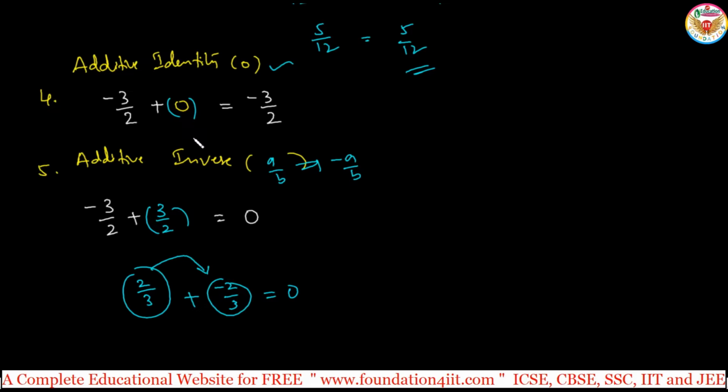Same like integers, the properties we discussed in previous year classes. Same way, additive identity is 0 and additive inverse is the negative number. Negative of the rational number is its additive inverse, right? These are the properties we can see from this. Let us see the properties on subtraction also now.